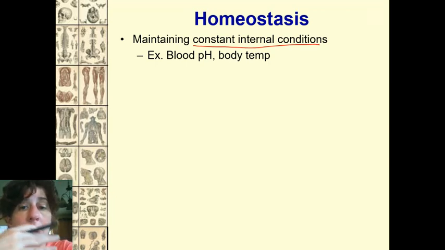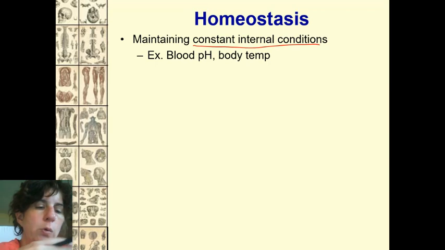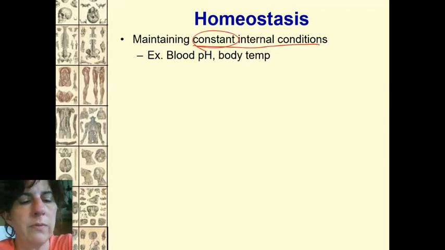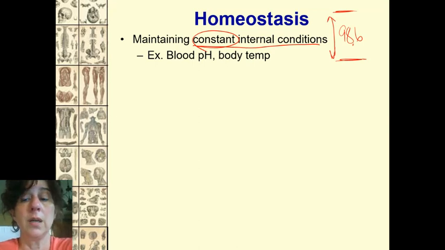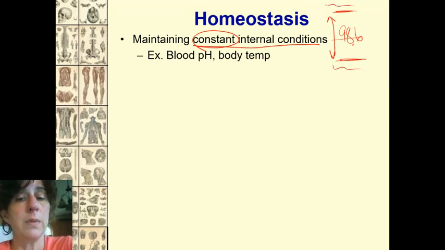So how do we maintain the normal in order to determine what's abnormal? Our body has to stay in homeostasis. Generally, it says constant internal conditions, but that's probably more of a misnomer. It's not really constant, it's within a range. So again, with this 98.6 as far as your body temperature, you can go a little above, you can go a little below. As long as you're within that range, you're good. It doesn't have to be right here all the time. It just needs to be within that range. But if it goes outside that range some way or another, that's when it becomes a problem.